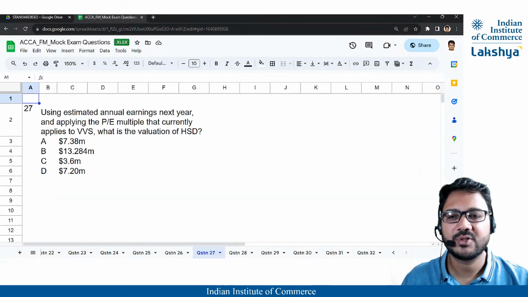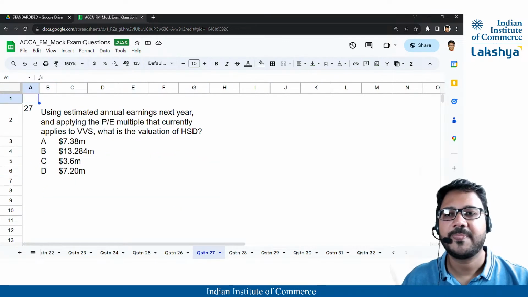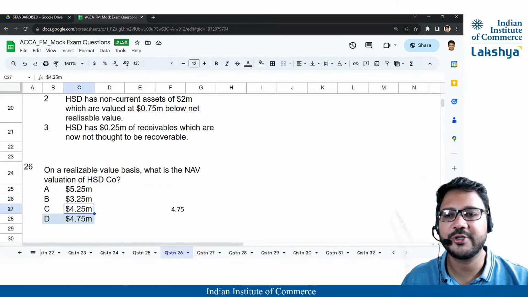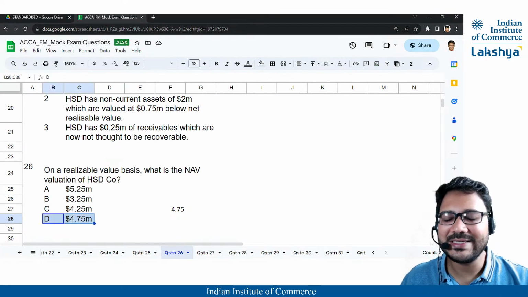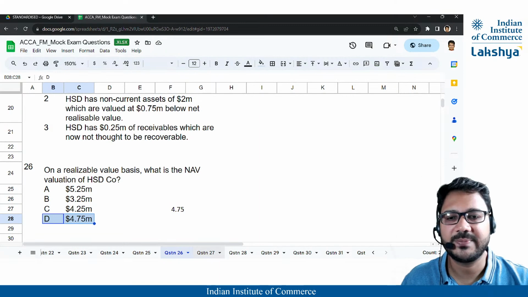Okay, question number 20. That was a tricky part in it, and we made all the mistakes. In one, we got 4.25, in the other, we got 3.25. These are the common mistakes, and I also made those mistakes. So when we corrected ourselves, we got D. That is the correct one.